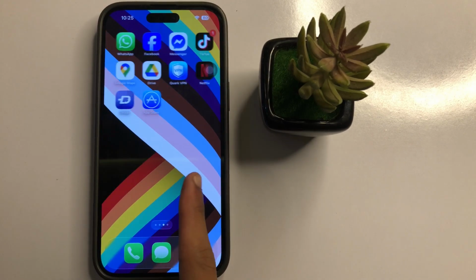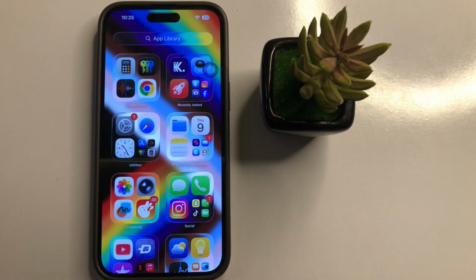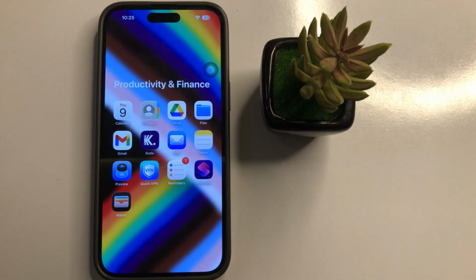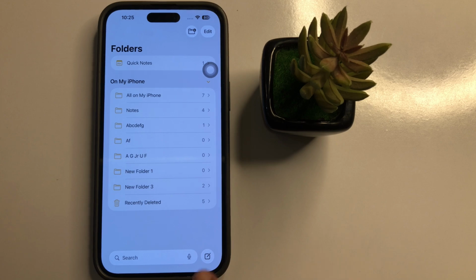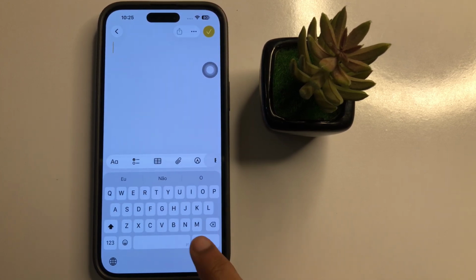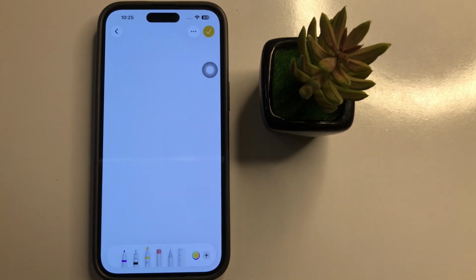First of all, go to app library. Now here click on productivity and finance folder. Now here click on notes app. Now in notes click on this icon and you can use markup tool, so click on this markup icon, and